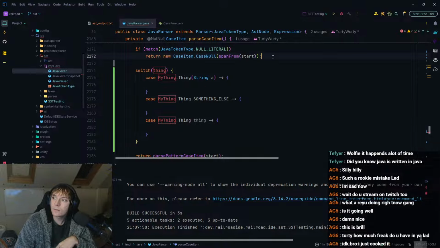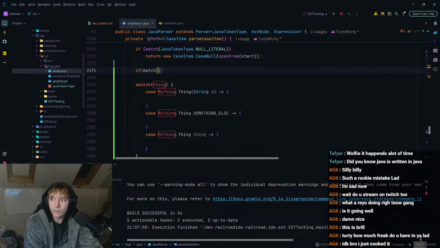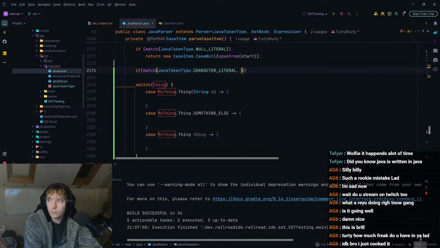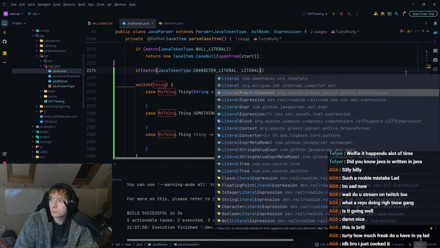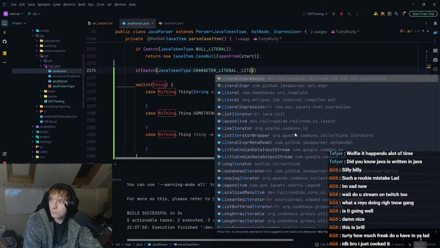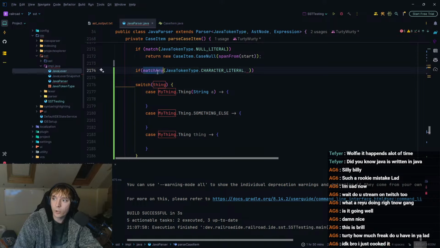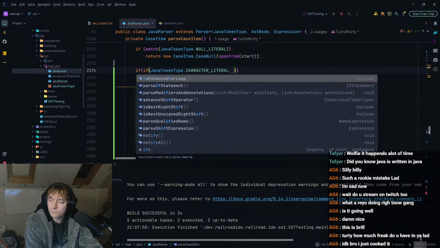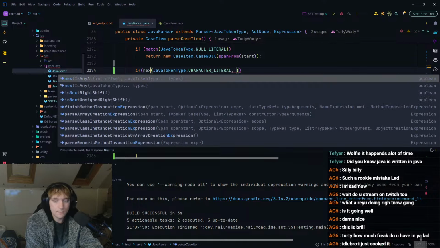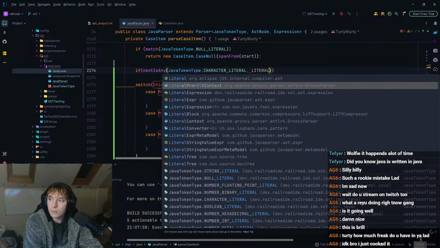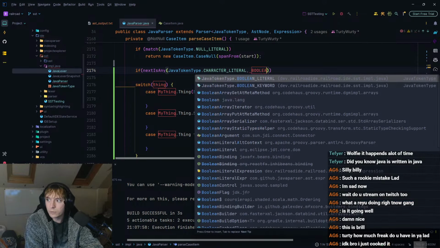Okay, I guess I can do this actually, because if it matches a char literal, a boolean literal, literal. Hello? Why are you not giving me the other ones? Oh, because I need to use match any, right? Or no, if next is any. Right, so char literal, boolean literal.